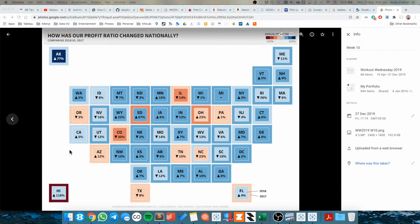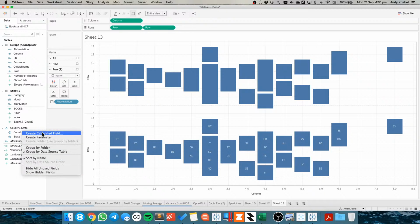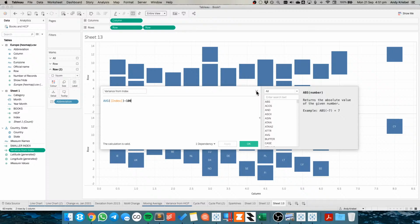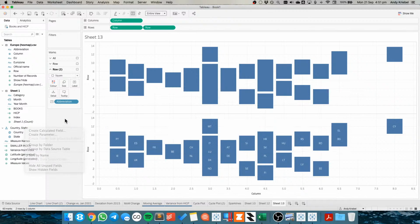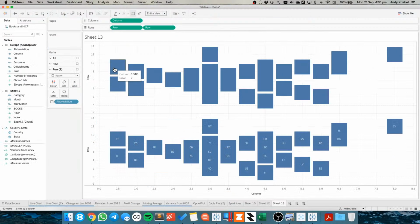Okay, and then maybe on this one I'll put the, what if I put the variance from, or the latest index, or the... where are we here? Where are some of these fields? Variance from index, average index minus 100. So if I do the color of one inside of the color of the other, so if I make this one the